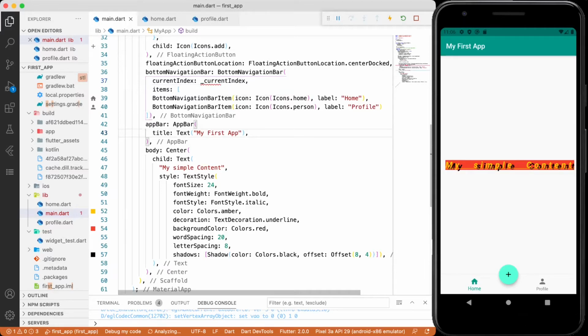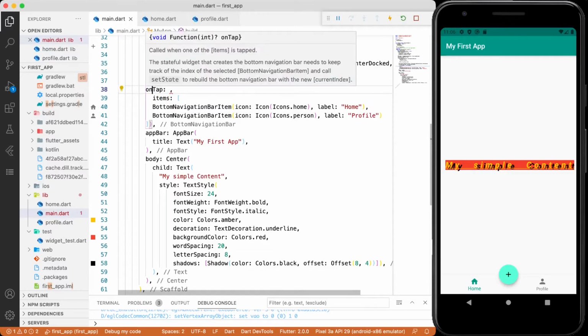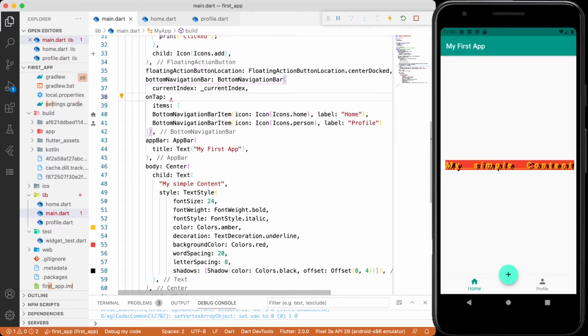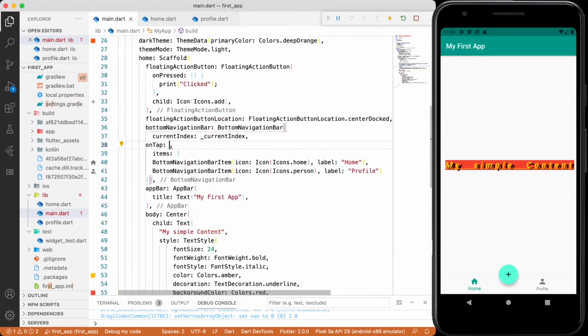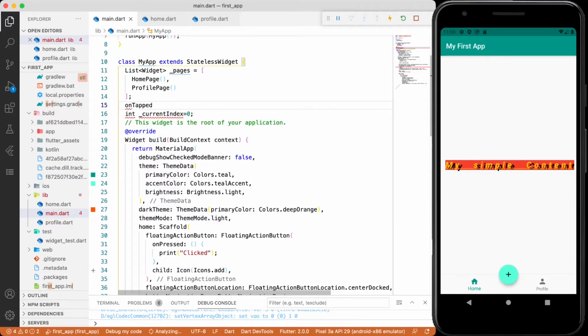Now on tapping a particular navigation bar item, we want to change the widget, so we want to change this current index accordingly. For that there is an attribute called onTap. You can see it takes a void function, so I'm going to create one function for it and name it onTapped. It takes the index.